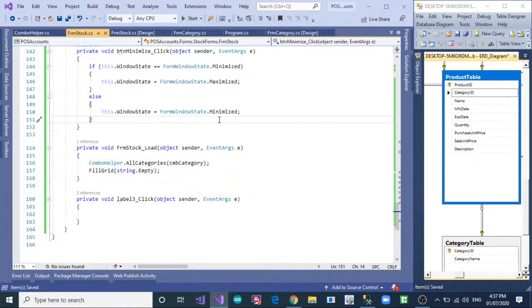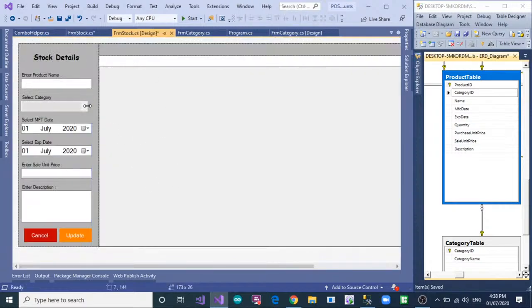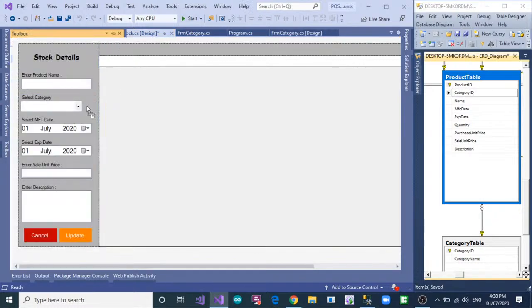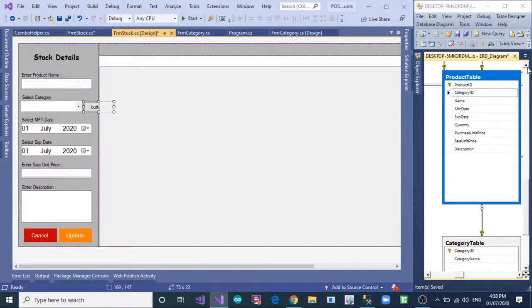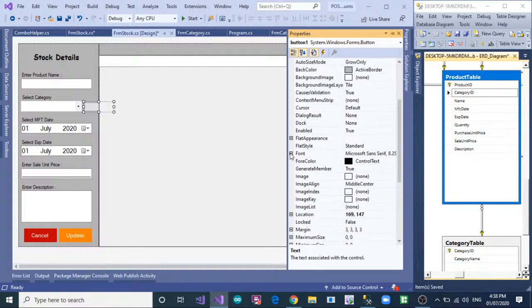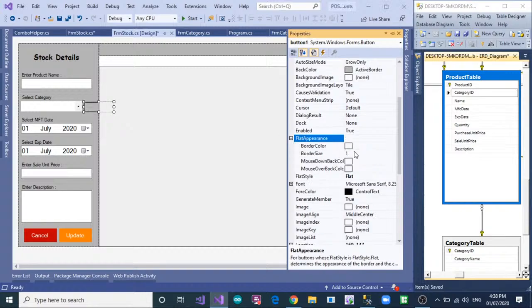Okay, save, and then go to here and reduce the size and take the one button from here. Here is the button, paste the button here also, and go to the property, and in the property you remove this text, and this is the flat, remove the border,